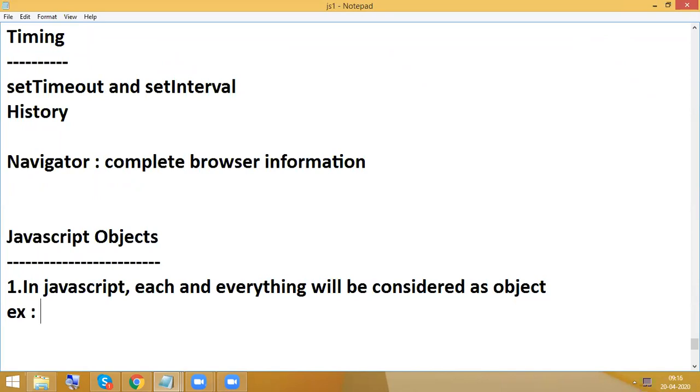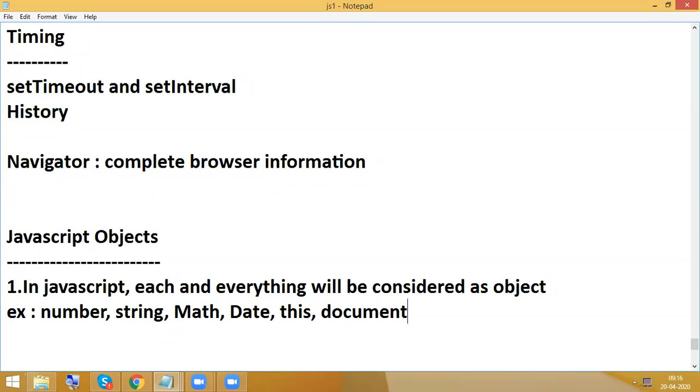Already we know this example: number, string, math object, date object, document is also an object, window is also an object, even a function is an object, and an array is an object. In JavaScript, each and everything will be considered as an object.